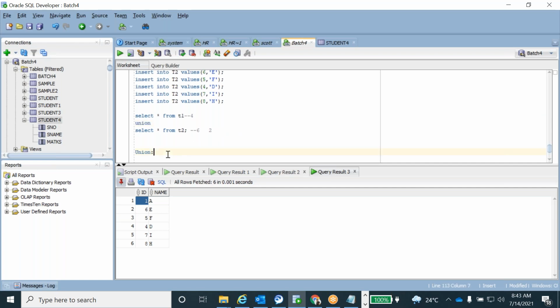Tell me, guys, the union all. Here 4 records are there, here 6 records are there. The common will be 2 records. So 8 will be the output while applying the union. You tell me, or if you want, you can ping me. 8 records are available. So while executing the union, 8 records will come, you are saying? Yes, sir. Okay.